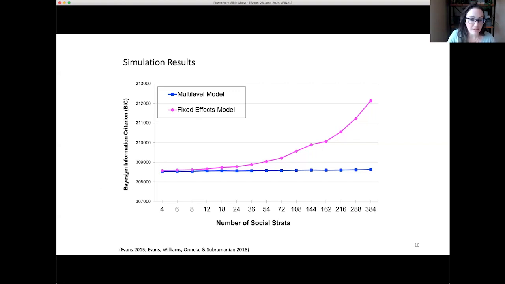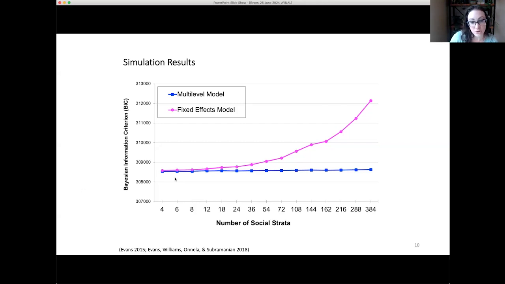Here, we're plotting Bayesian information criterion. So this is a measure of how well the model fits, but BIC penalizes the model and gives you a higher score if you've gotten that goodness of fit by adding tons of things into your model. So of course, you can have perfect fit to your data if you put thousands of betas into your model. So it's basically balancing goodness of fit with how parsimonious your model is and saying you're getting a lot of benefit for adding this additional factor in.